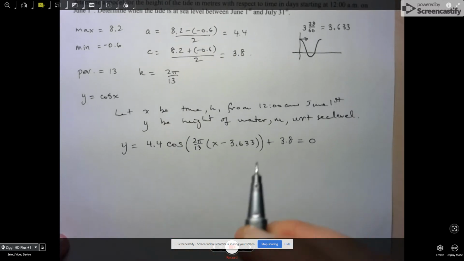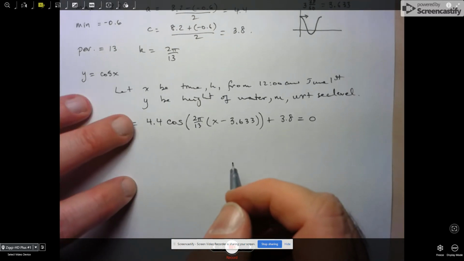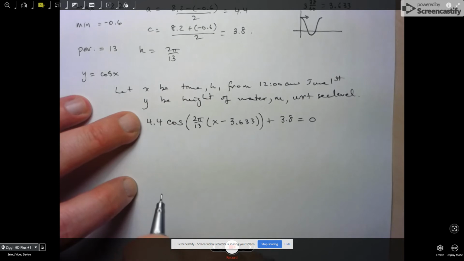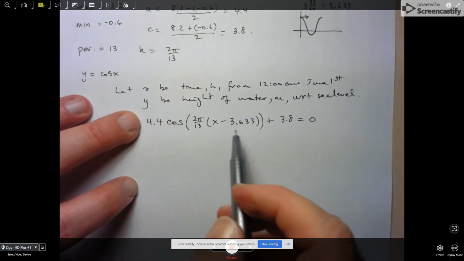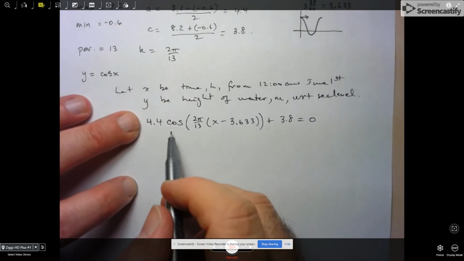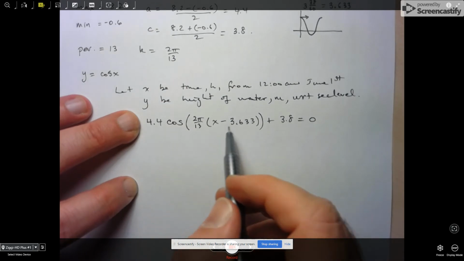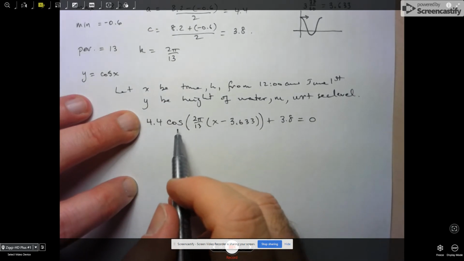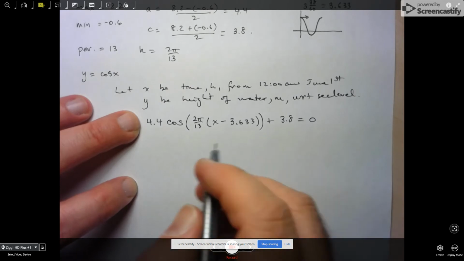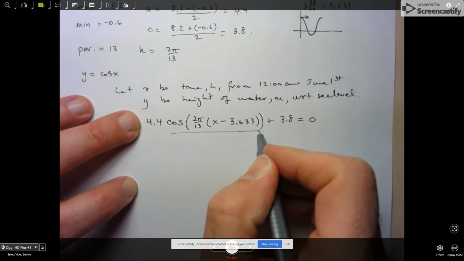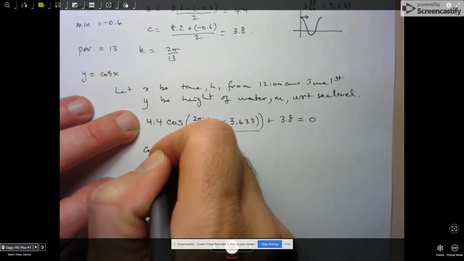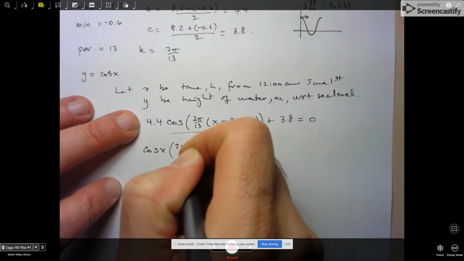Okay, so let's just see how we would find these answers. Now we're solving this equation here. Step number one, since this is a linear trigonometric equation, is to isolate the trig ratio. Try not to get thrown off by the fact that it looks kind of ugly. I'm just trying to isolate this expression here. So we have cos x of this whole big ugly thing